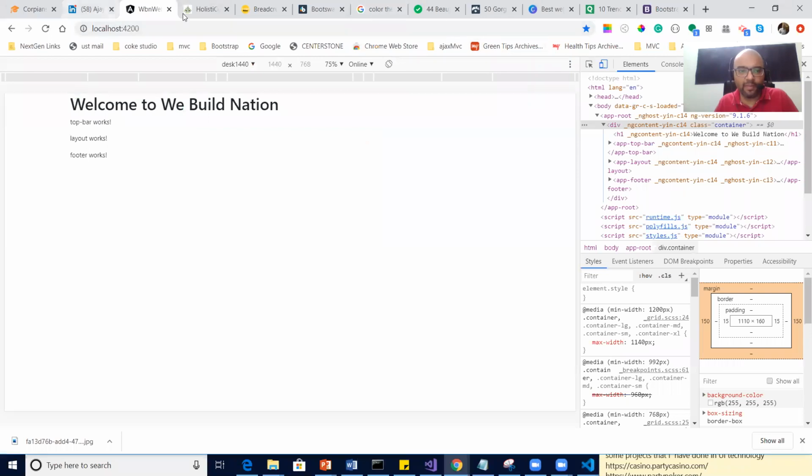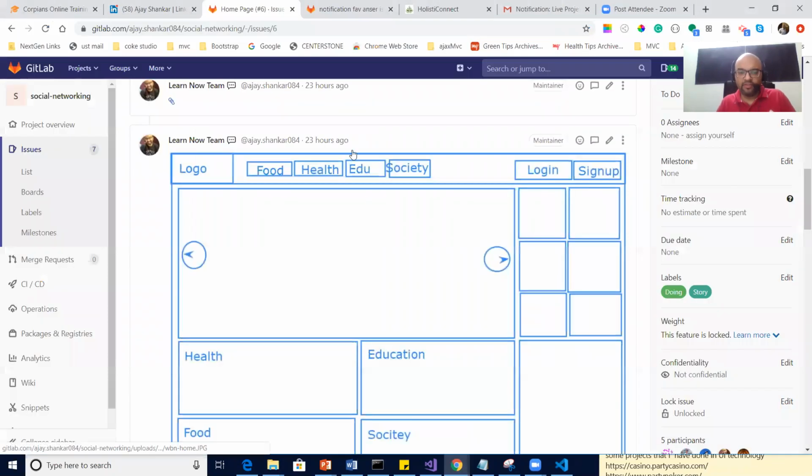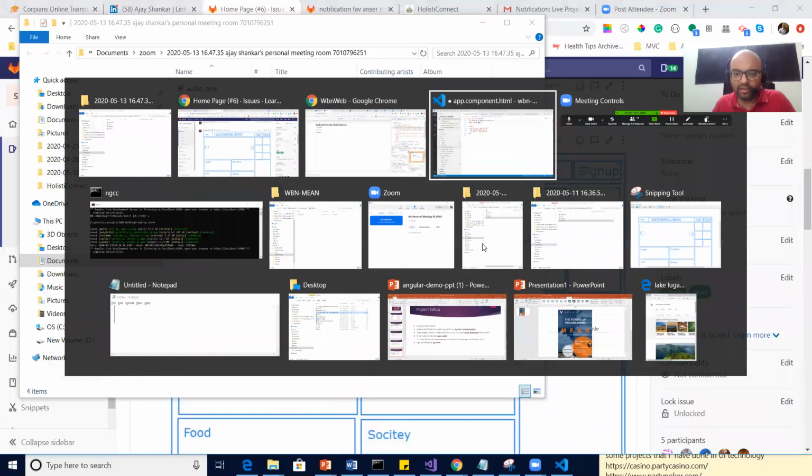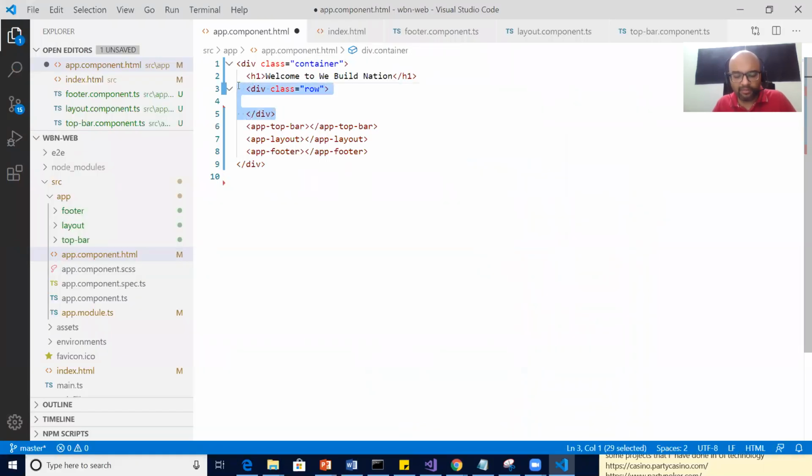Because if you see our diagram, we need row 1, row 2 for layout, and row 3 for footer. So that is exactly what I'm trying to do here. In the first row, there will be the top bar.